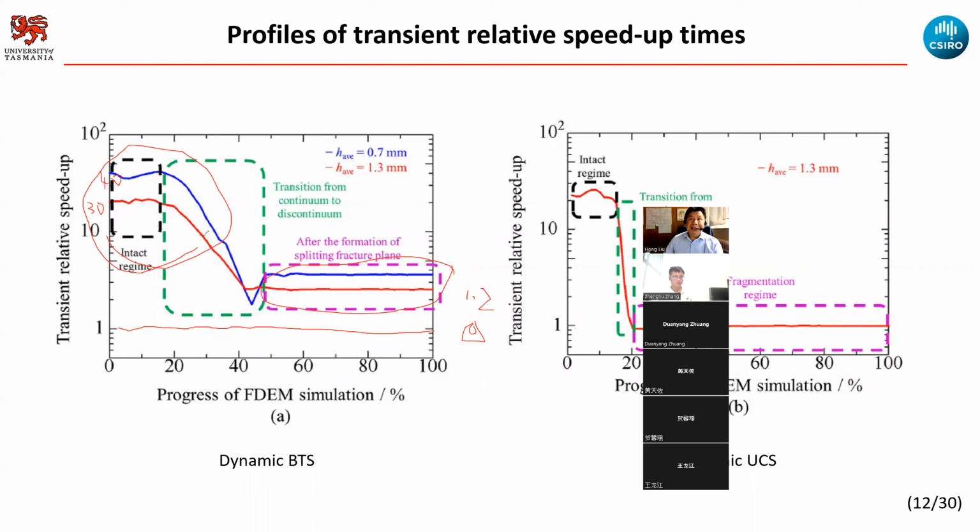But initially, in the elastic stage, you do not have any failure there, so it's unnecessary to apply the contact forces. That's why initially you have a bigger speed-up, but as the calculation progresses,